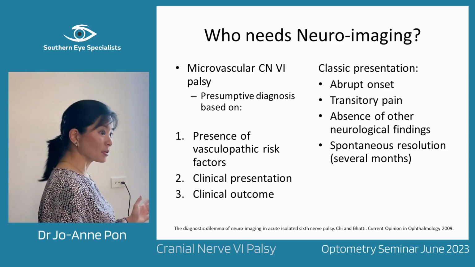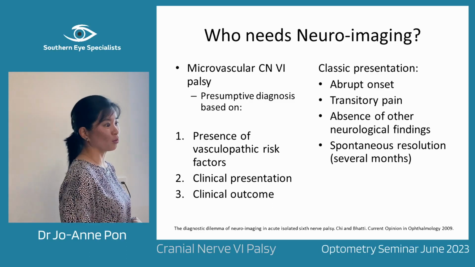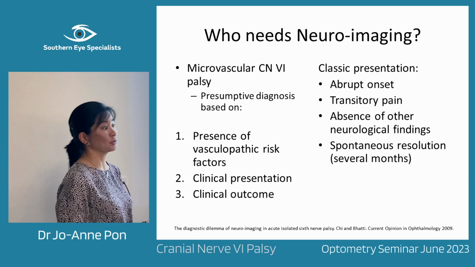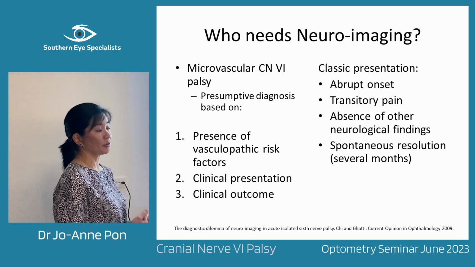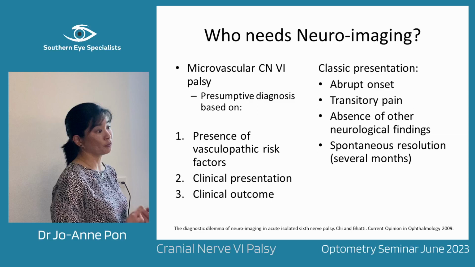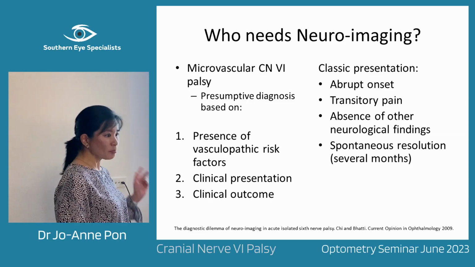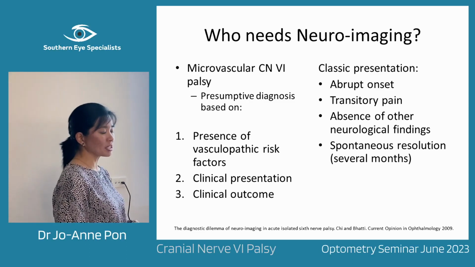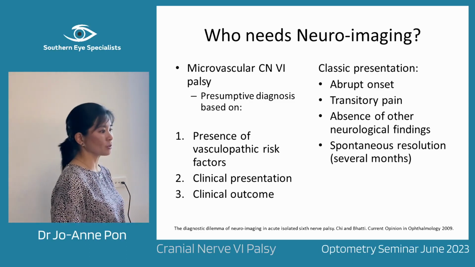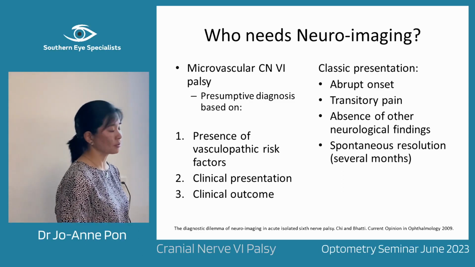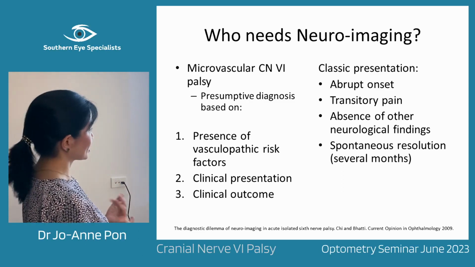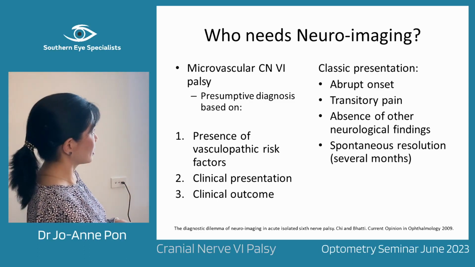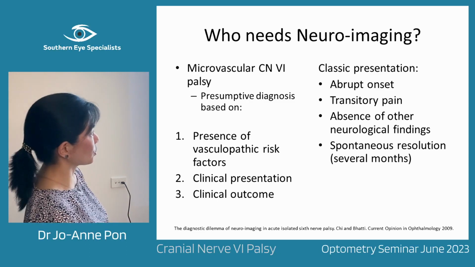Because the point of this talk is not to make you fear a sixth nerve palsy and then you start referring everybody in. The point of this talk is to give you confidence to know what clinical signs are important and worrying so that you refer those patients in. And most of the time, you have time. You know, it's pretty reasonable if somebody turns up and you're not 100% sure that you bring them back for a review. So what's helpful is the presence of vasculopathic cardiovascular risk factors, their clinical presentation, so you know that